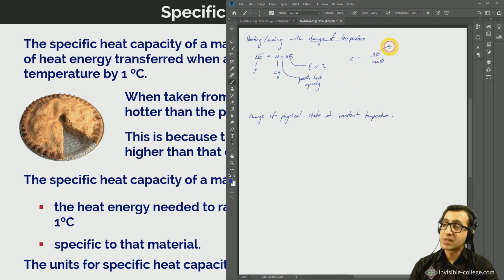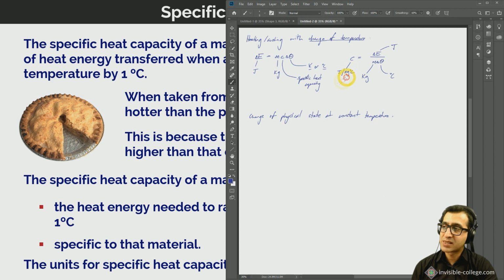So let's have a look at the units now. So it's joules. Oh, for some reason I've lost the ability to write. So joules, this is the units for the change in heat energy. Again, mass is in kilograms, and delta theta, the change in temperature, let's just say is in degrees centigrade. And so the units of specific heat capacity are going to be joules divided by kilograms times degrees centigrade. So this specific heat capacity, the units are going to be joules per